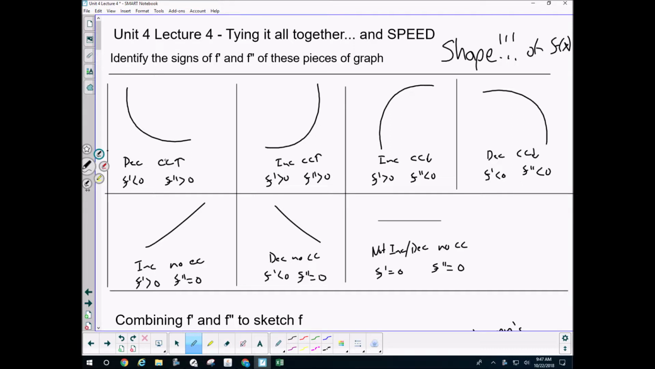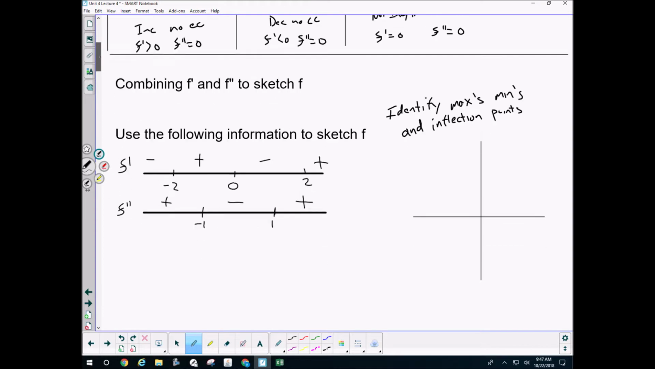If you're decreasing concave up, we'll understand that the shape of your function looks like this. Increasing concave up, here's our shape. Increasing concave down, decreasing concave down, increasing no concavity, decreasing no concavity, neither increasing nor decreasing no concavity. Okay? And what we're going to do